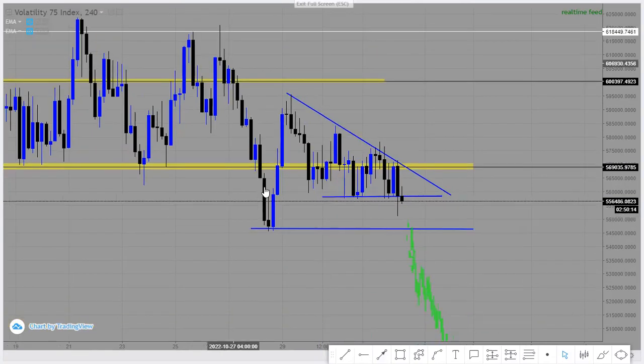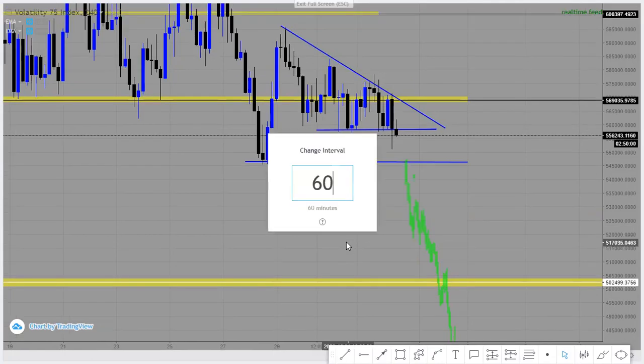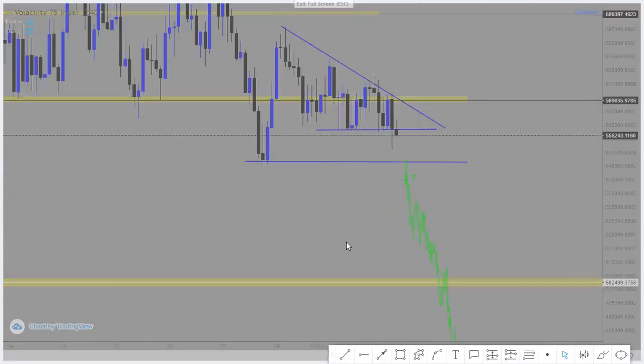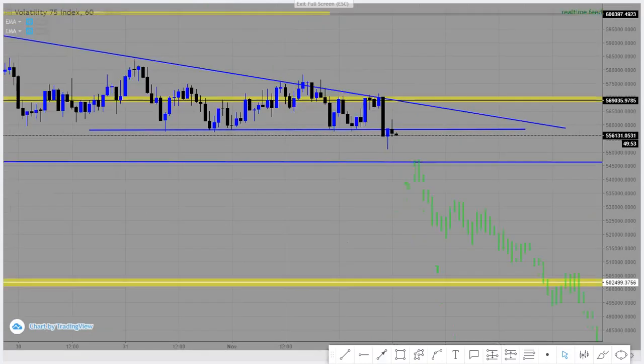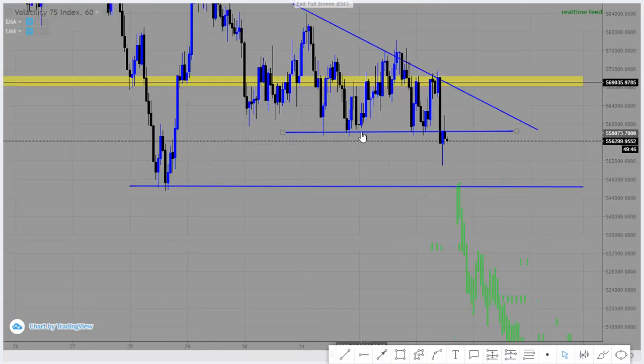So this impulse move that happened before the market came inside this triangle. Before the market came inside this triangle, we had an impulse. So the same thing after we go outside the triangle, I'm expecting an impulse. Going down to the 1-hour time frame, you realize that already the break and the retest of that other mini support case is much clearer there. This level here, support, respected,